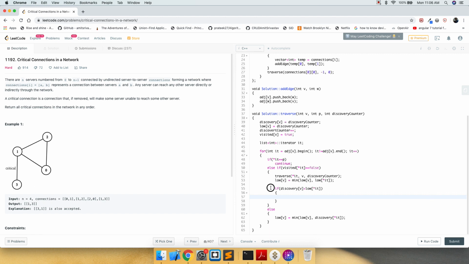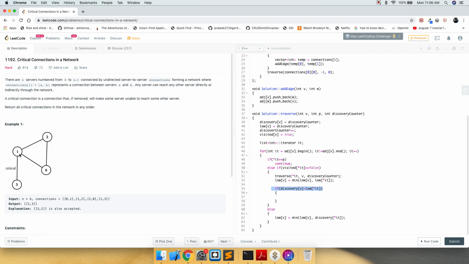So this is basically the condition to find the critical connection. Let me repeat it again so that I make myself clear. The discovery time is simply the relative time taken to reach vertex 1. If the time taken to reach vertex 1 is still less than the time taken for its child's low, which always keeps the lowest value it takes to reach that particular point, but since in this case it is only updated once when we reach from parent to the child, this is going to be greater. So this will be a critical connection.